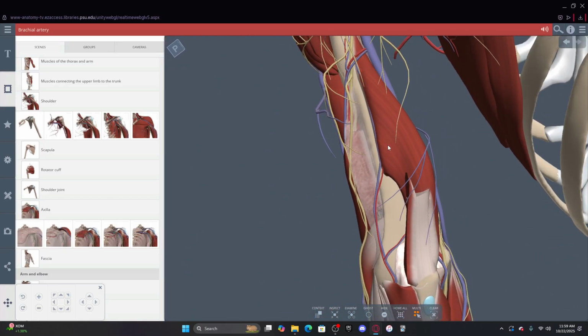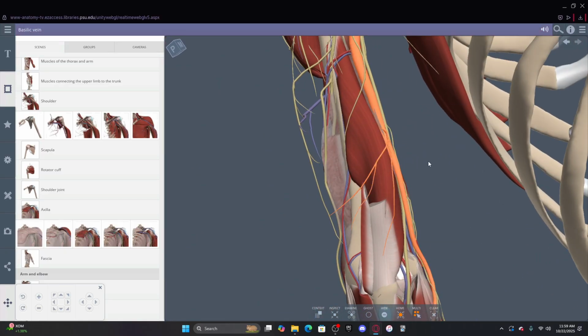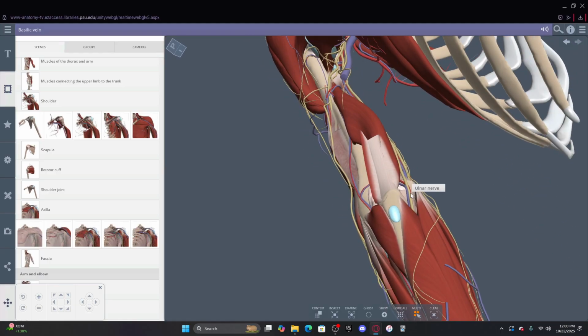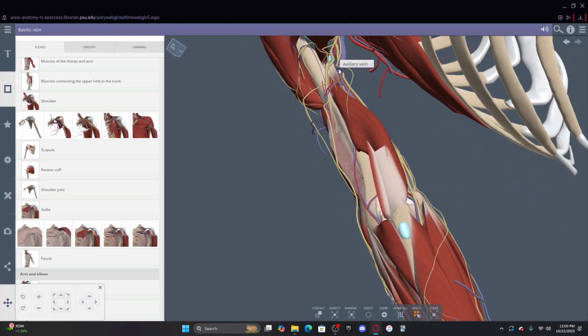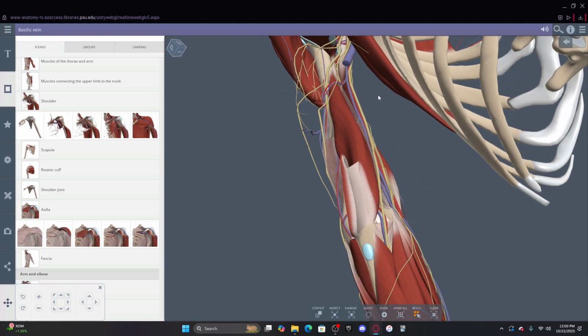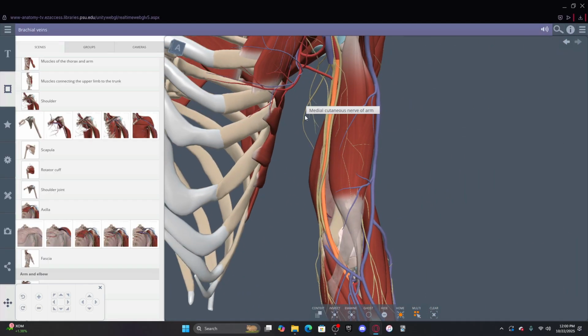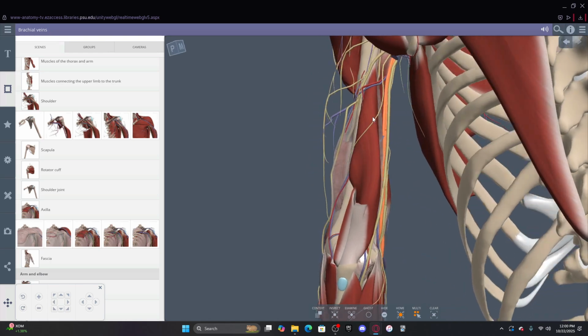Okay. Right, so this is our basilic vein. It's a branch of our axillary vein. But we're going to be looking at the other branch of the axillary vein, which is the brachial vein. So let me hide that one. We can still see the axillary vein. I'm going to click on the brachial artery and brachial vein, and we can see, right after the axillary vein splits,